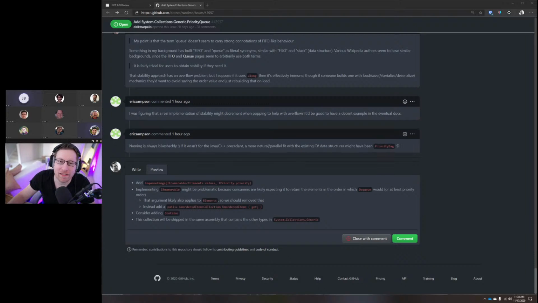Eric, I assume the elements property returns is lazily initialized and returns the same collection every access. Not in my prototype, but yeah, that should be the case in prod.